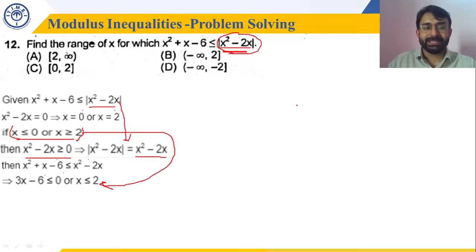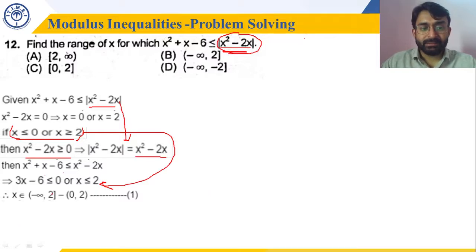Now, we have to consider I cannot take any value which is not following my primary restriction. What is my primary restriction? X is less than 0, x is greater than 2, and my answer is x is less than equal to 2. So if I take common values in these two parts, x is less than 0 and x is less than equal to 2, what is the answer? X is less than equal to 2.